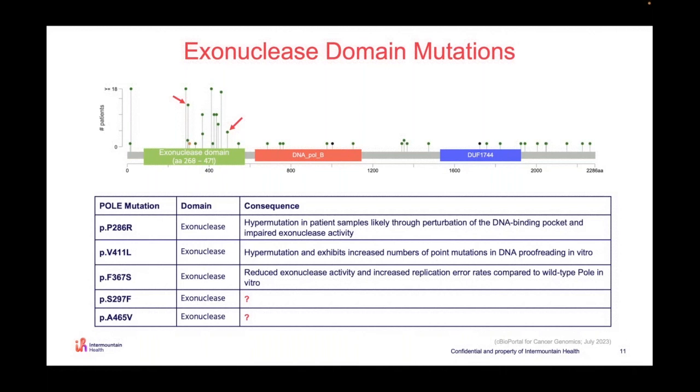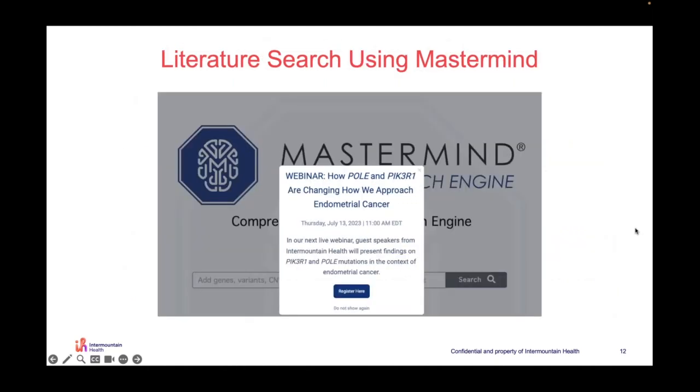But then you really want to know, can I give the provider anything? This is clearly a hypermutated tumor. Can I give the provider something to work on? Maybe it won't be concrete, but these are usually late stage cancer patients and anything can help them out. So I'm going to walk through how Mastermind really helps patients understand their tumor type, given that they have these lesser characterized POLE mutations. So what I first would do is go to Mastermind,